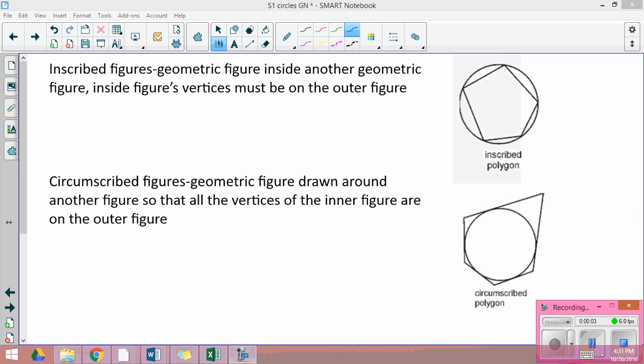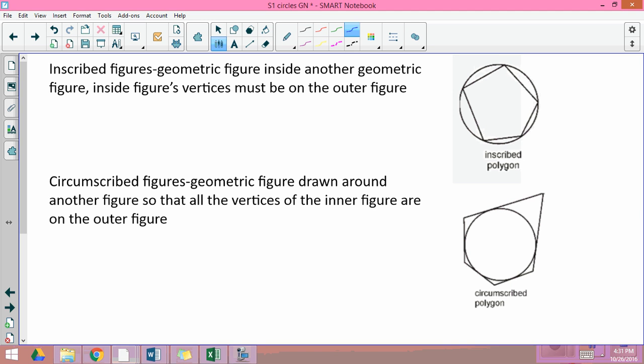So we continue this lesson with a couple more terms. So we can talk about an inscribed figure and circumscribed figures. And literally inscribed means a geometric figure inside another figure. The inside figure's vertices must all touch. And some really unique things will begin to happen. The reverse is a geometric figure drawn around another figure so that all the vertices of the inner figure are